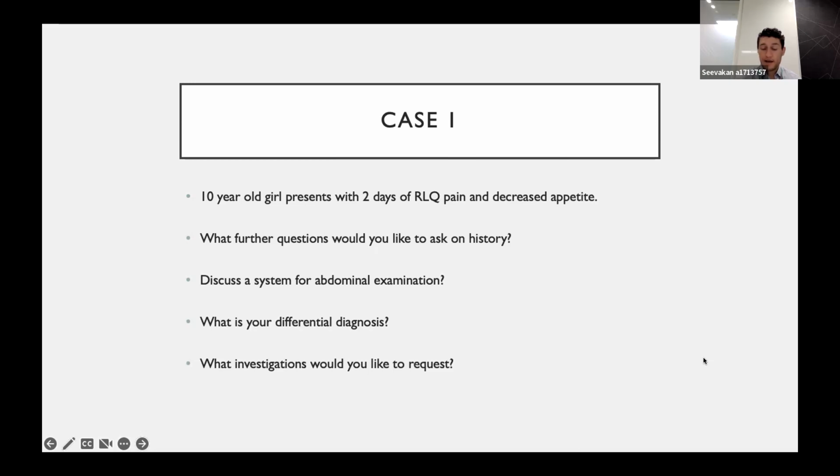So what investigations would people like to request for this 10-year-old girl? Nothing is wrong. There's just different shades of right. Abdominal ultrasound. Nice. So we got to the clincher really early. And this is the